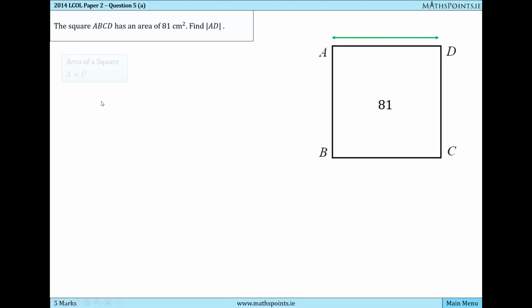So the area of a square can be found by multiplying the two sides together, or in other words the area is equal to the length squared. Now this isn't a formula that's in your tables and so it has to be learnt. So we're going to let the formula for the area, L squared, equal the area, 81, and solve for L. So if L squared is equal to 81, well then L is the square root of 81, which is 9